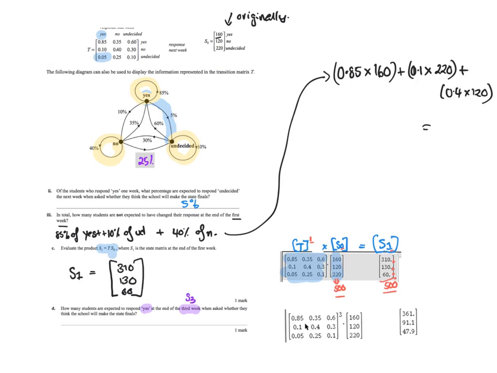So we want state 3. So I've done the transition to the power of 3 times S0, and I've got week 3. Now remember, if you look, this transition, this was